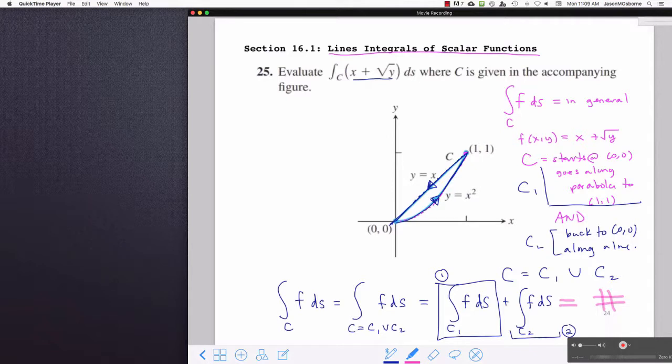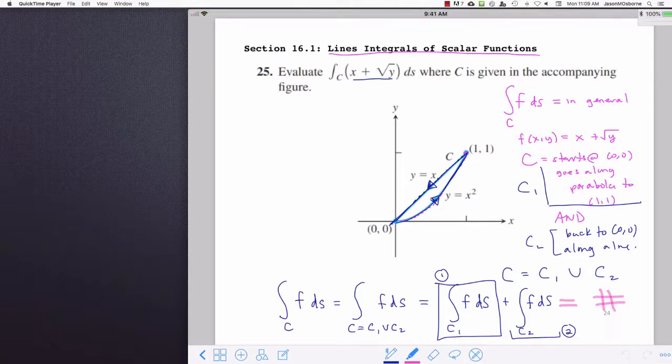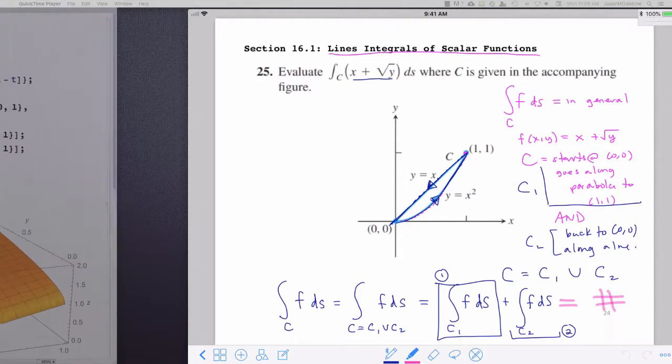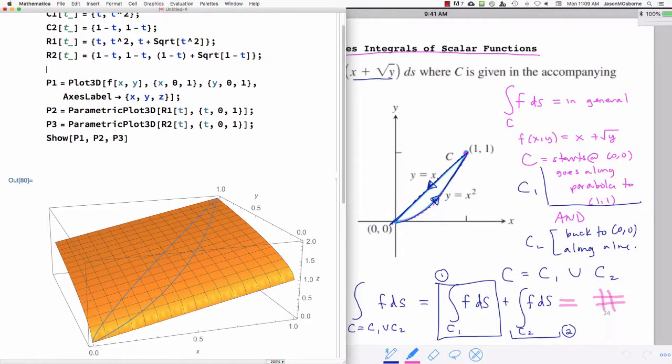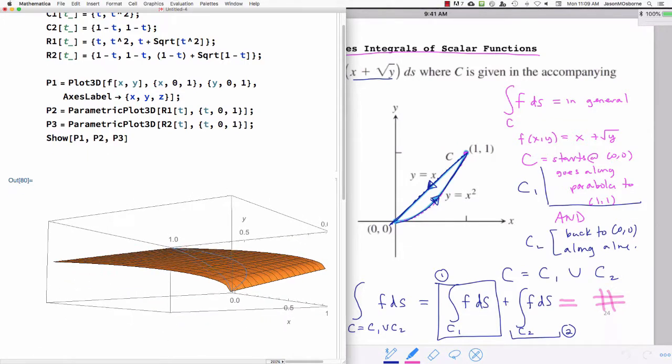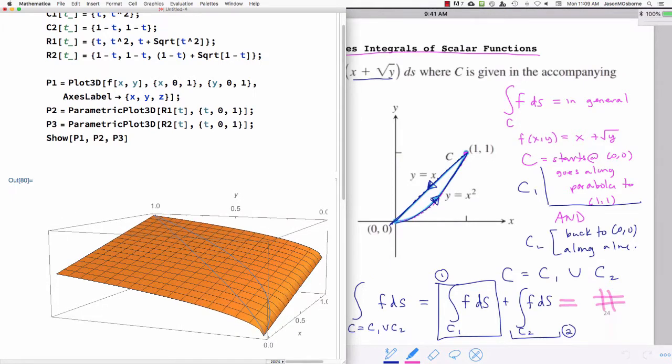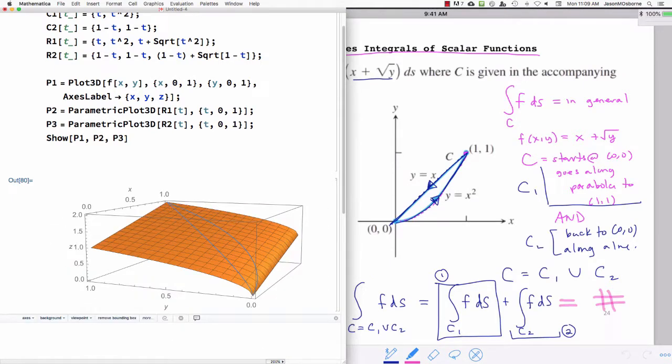Okay, and in this example we'll show how to just check your answers in Mathematica using some integrals. And what I have on the screen here is just the definition of the function that you're seeing. I've got the two curves parameterized. C1 is the parabola, and C2 is the line segment. And then I pasted those curves, C1 and C2, onto the surface because that's what we are doing with this line integral. You're finding the function values over the curve, and those function values are z values,